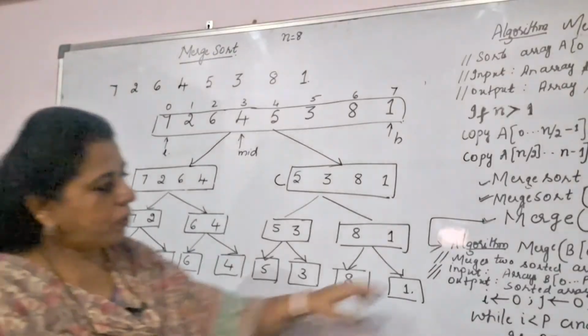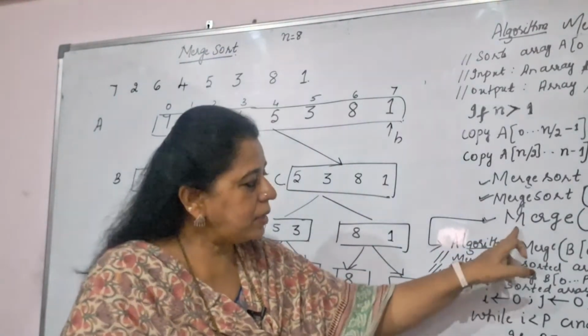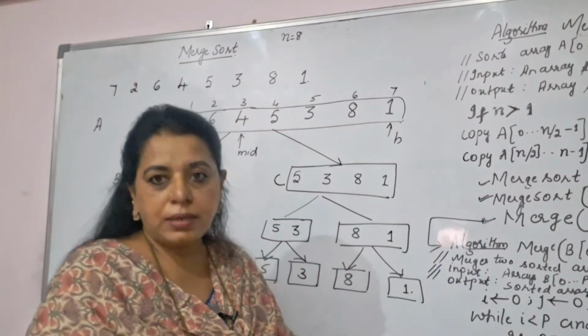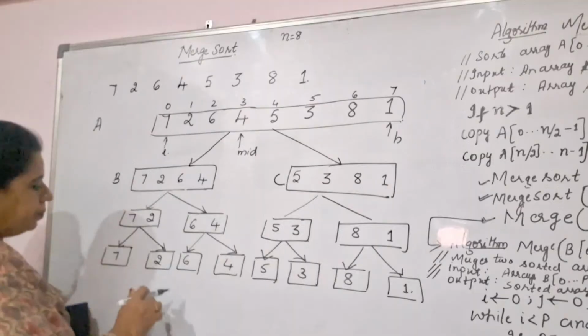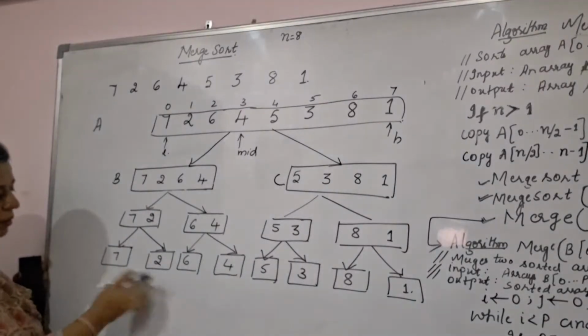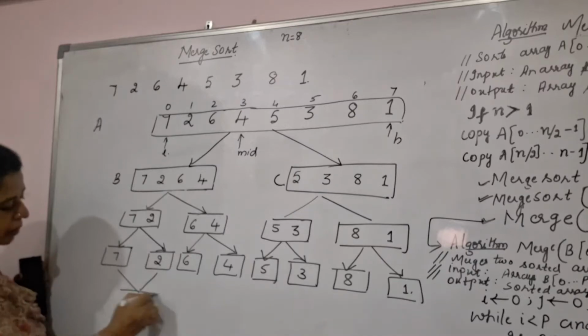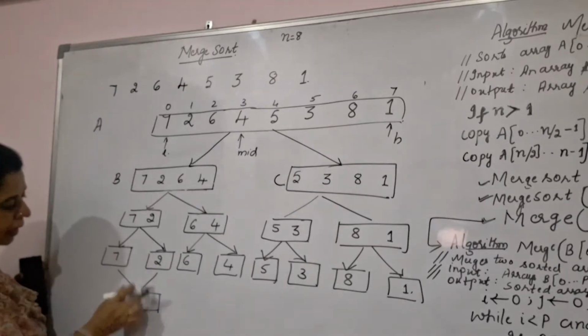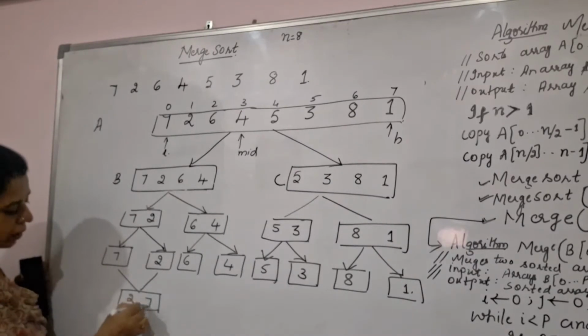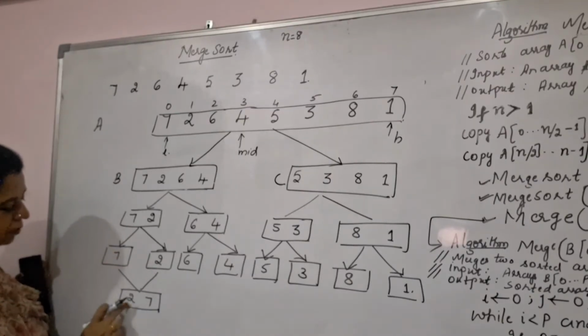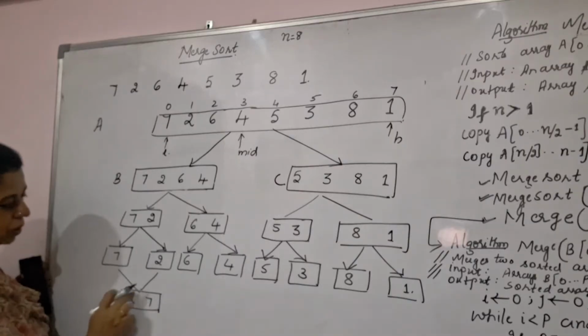Next step is you are going to call the function merge. Merge is the function which is defined here. All the steps mentioned in the merge I'll explain to you. Let me just show you first with numbers. After merging, exactly this will happen. These two elements will get merged, but the resulting array will have elements in sorted order. 7 and 2 were two different elements. Now you have one array which has the elements in sorted order.